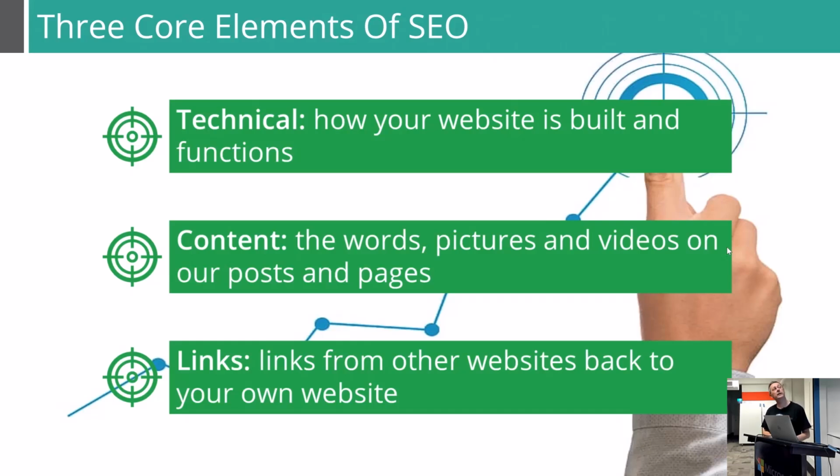So there's 3 core elements of SEO. There's technical, so that's your WordPress site. That's how WordPress generates the code, spits it out, displays it to you. There's the content, of course, for target audience. That's the information that you're giving to people and the quality of that. And then there's backlinks, so that's your external links coming in, pointing to your website. And all 3 parts you need to hit at some point if you want to have good SEO and get your website to rank above others.